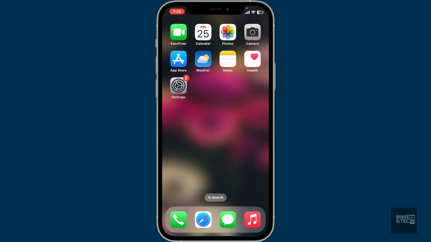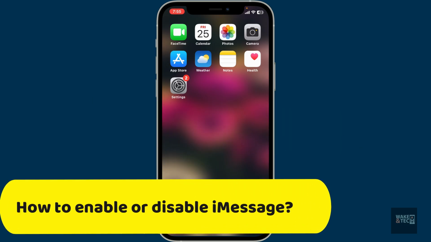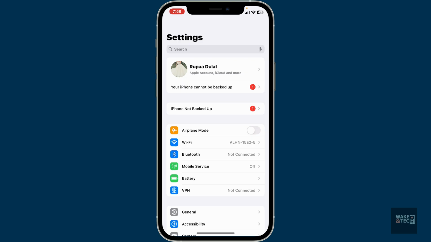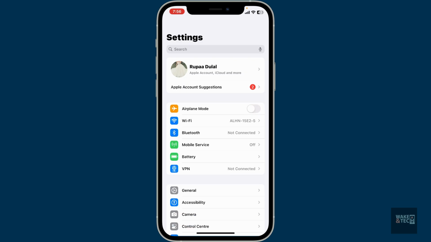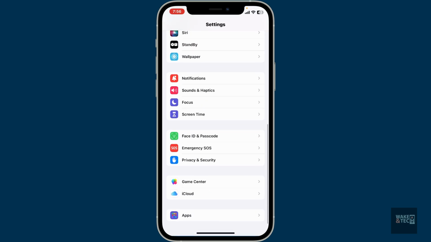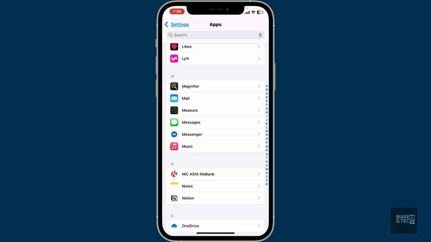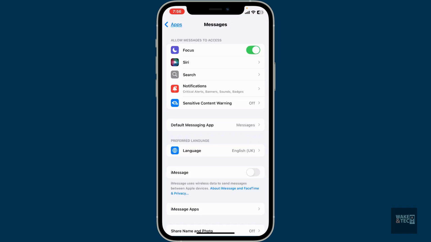Today in this video, I'm going to show you how to enable or disable iMessage. First of all, unlock your iPhone and then tap on the Settings application. From your Settings page, scroll all the way down and look for Messages. If you don't find it there, tap on Apps and look for the Messages app from the app list and tap on it. On the next page, to enable iMessages, tap on the switch right next to iMessages and make sure